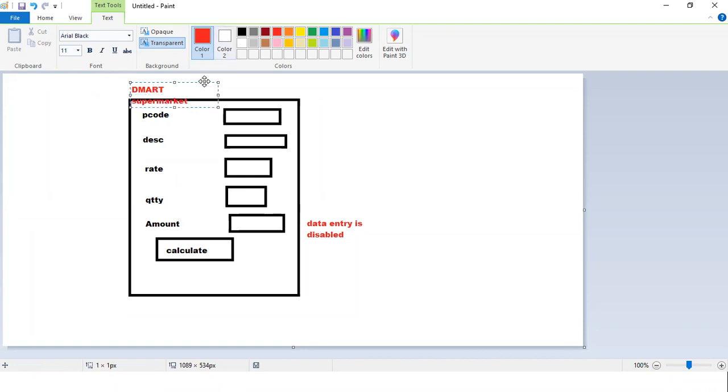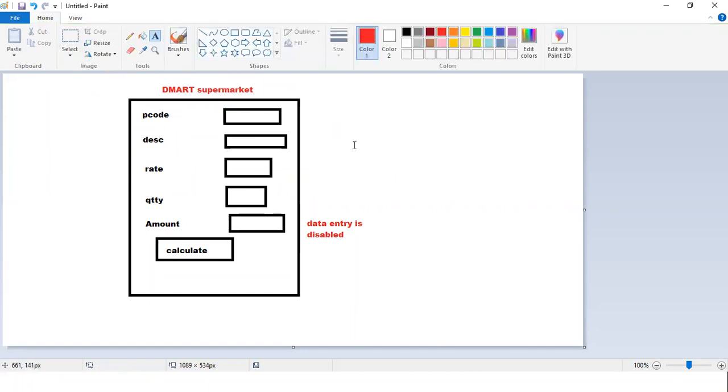Try to have some innovation. When you do screen design, design it a little innovatively, so that you can learn much better things. If you design innovatively, you'll understand how to use different types of controls, how to use CSS, all these things. Try using all of them. Only then do you learn. We can also have a Reset button. For that, you try. So you try designing the forms, right?